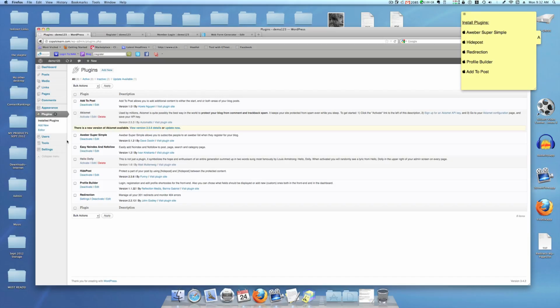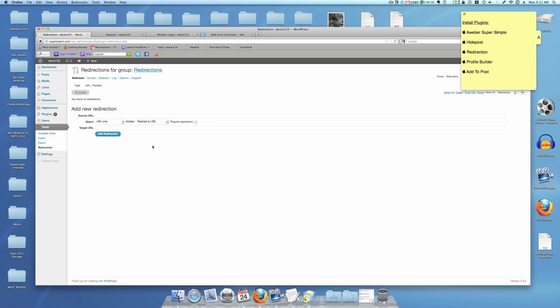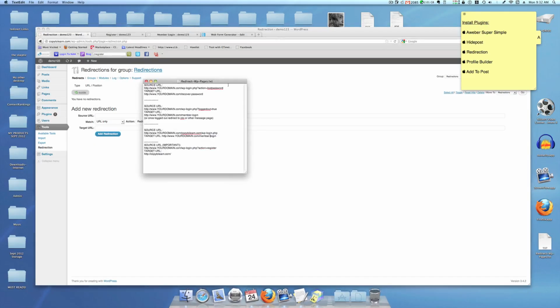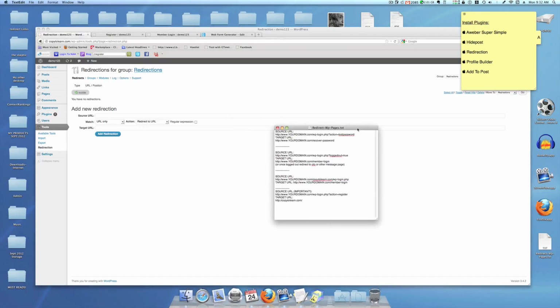So we're using it in a slightly different way. Let's go to the redirection. It's under Tools and Submenu. Now, what I have done, and included in this package, is a list of common redirect pages that we're going to be using. For example, the lost password page. We want a custom redirect for that page because we don't want them to go to that standard